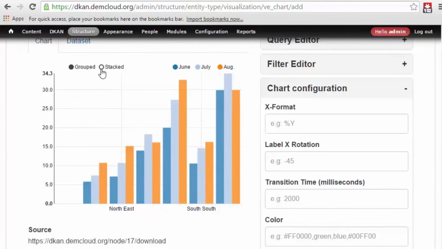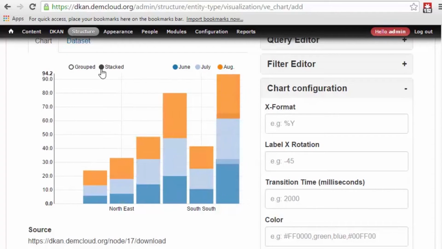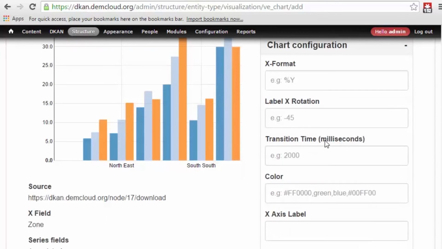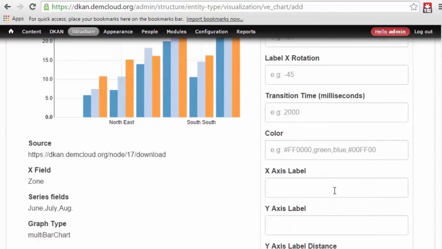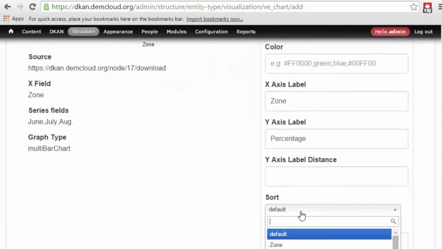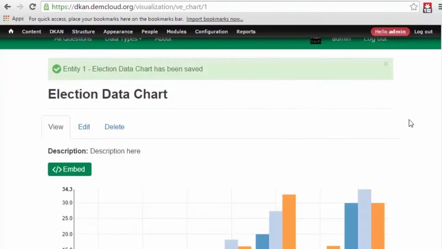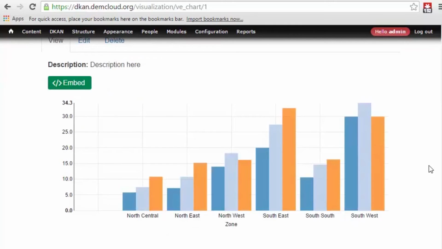On the right column, you can edit the X format for the labels, change label rotation and color of the lines and columns, and add X and Y labels to the axis themselves to further customize your chart. If you'd like to see what this data looks like in another type of chart or graph, click back on the bottom of the page and repeat these steps with another chart or graph selection. After editing and customizing the chart to your particular liking, click the Finish button.